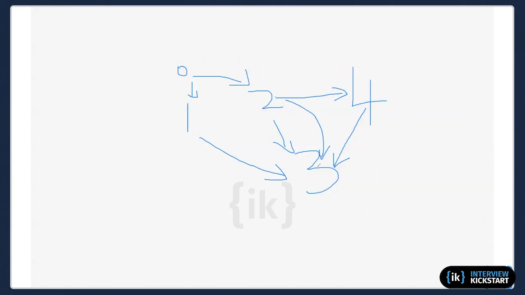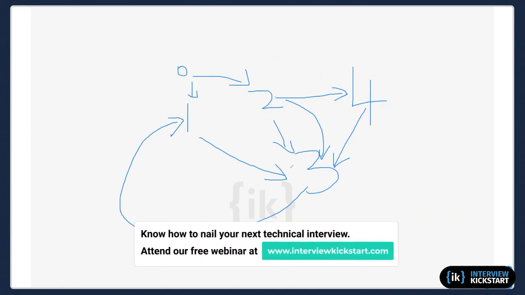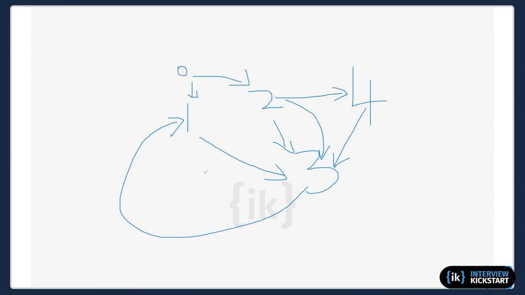So I see. Okay, and this one, what if this is the graph? From 3 we still have an outgoing edge, and this outgoing edge goes to 1, so there's a cycle. I should return false. But from every edge I can reach 3, because I may go this way.